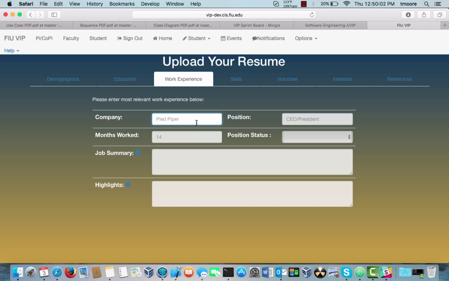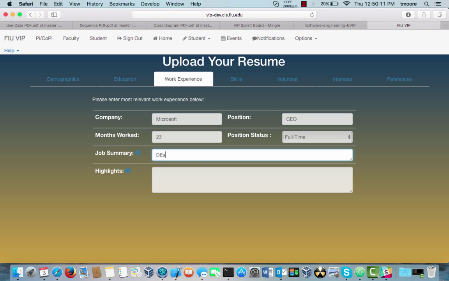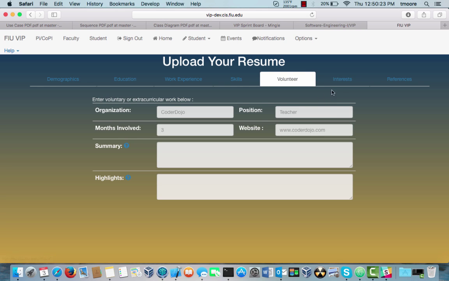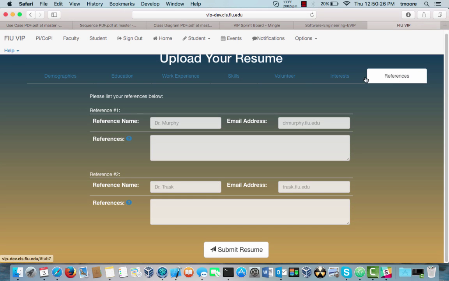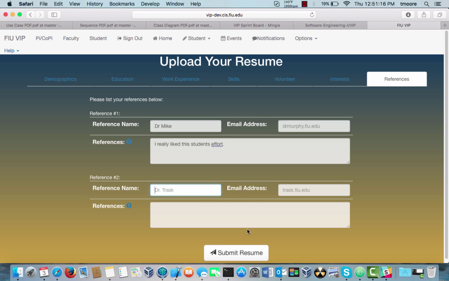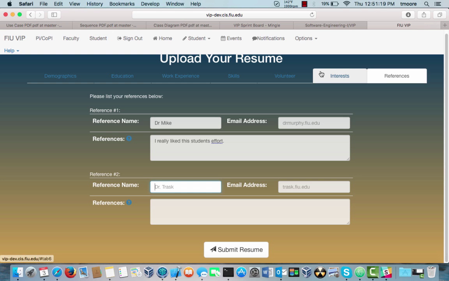So we are limited to one work experience. We can put in a skill list, volunteer experience, interests, and when we're done, we'll put in 2 references, Dr. Mike, and an email, and then reference notes. After we have entered all our information and our 2 references, which again, none of them are required, we can